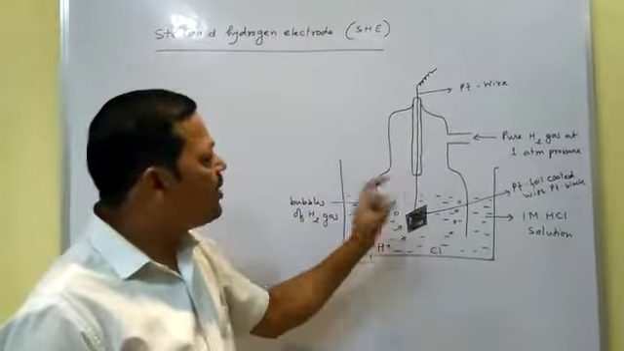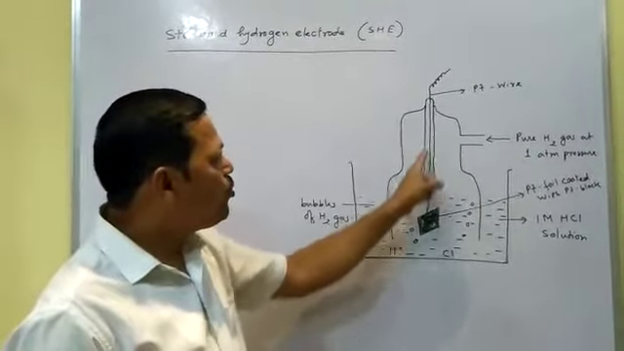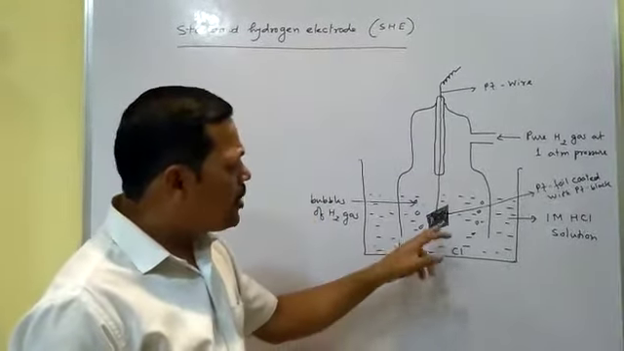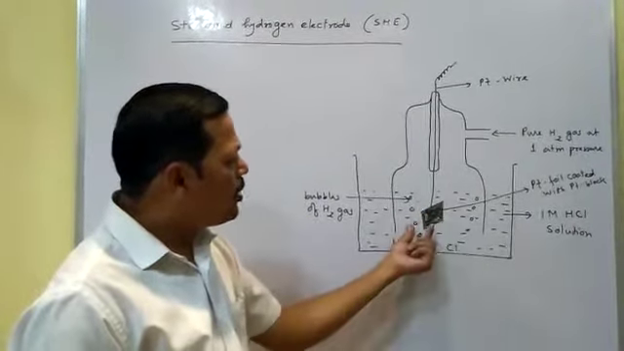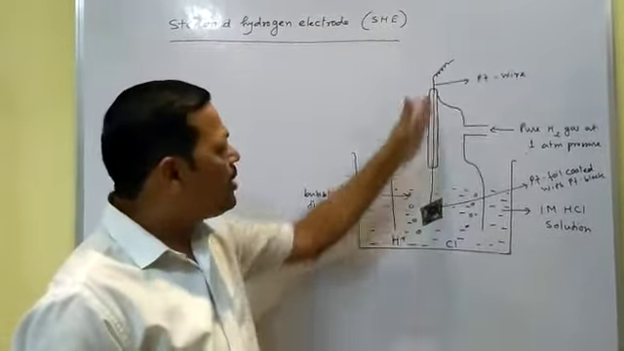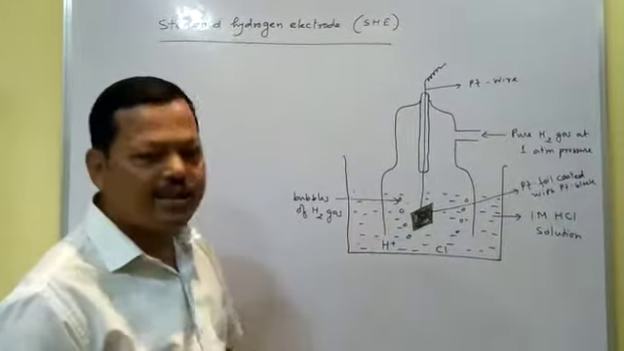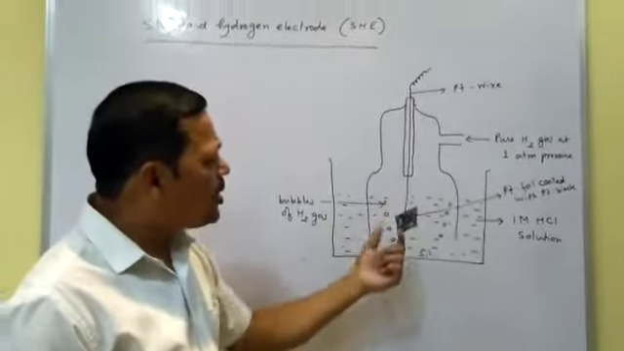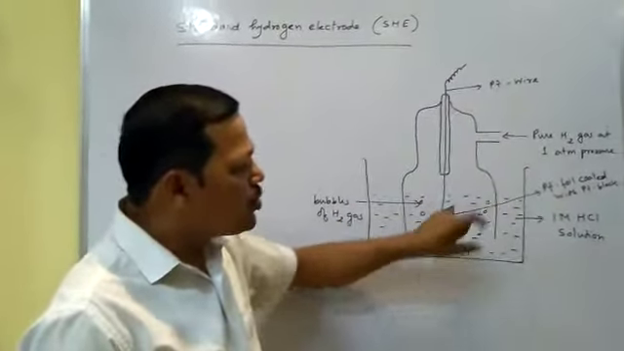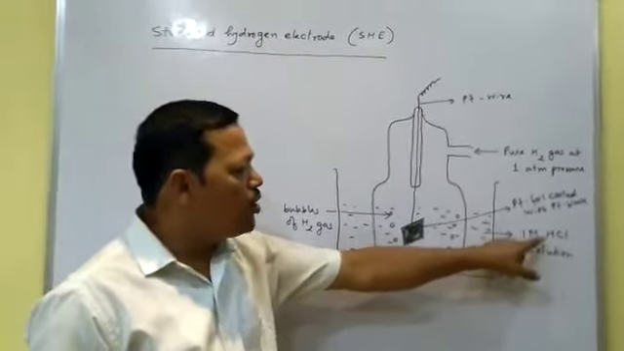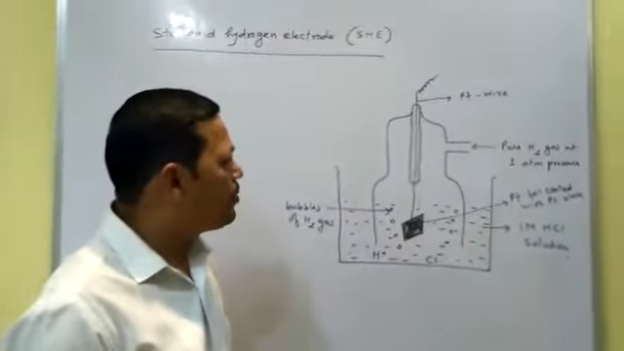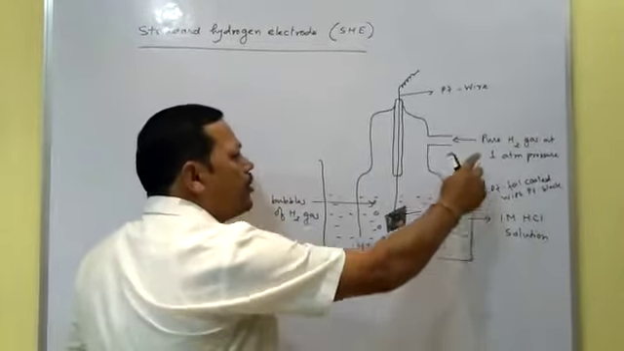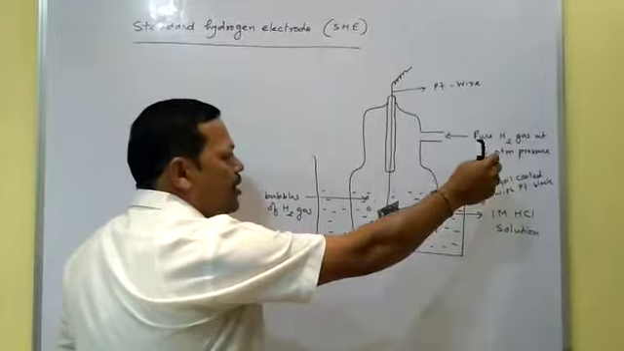The wire is sealed in a glass tube, and the platinum wire is attached to a platinum foil, and the platinum foil is coated with platinum black. This platinum wire acts as the electrode, and this platinum electrode is dipped into a solution which is exactly 1 molar HCl solution, and from this side pure hydrogen gas is supplied